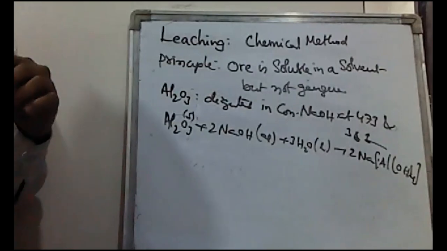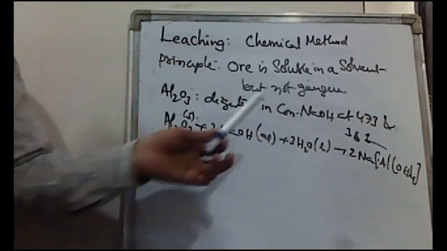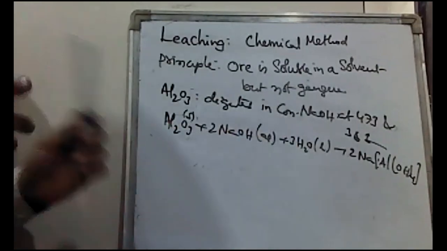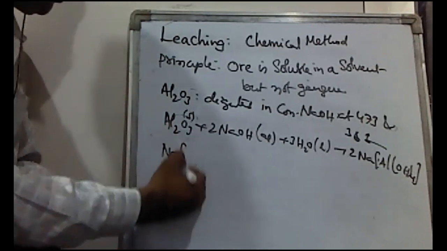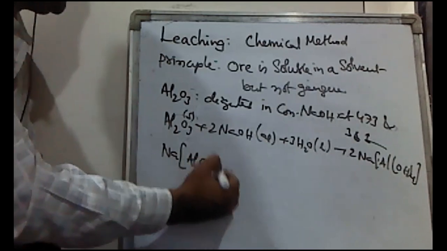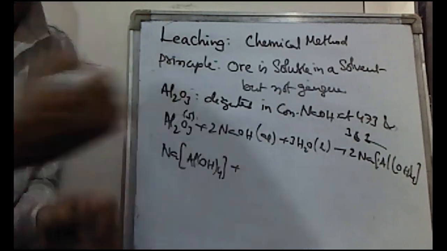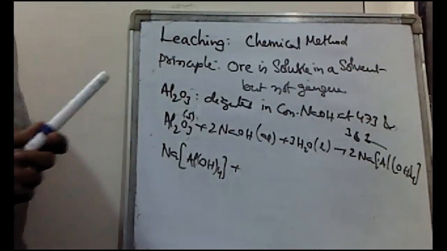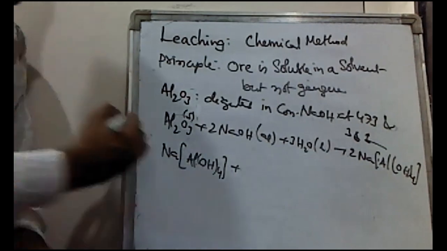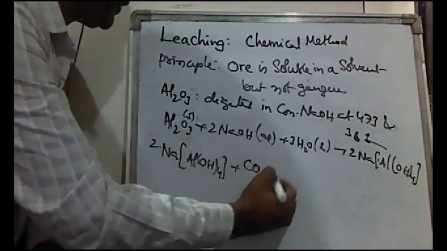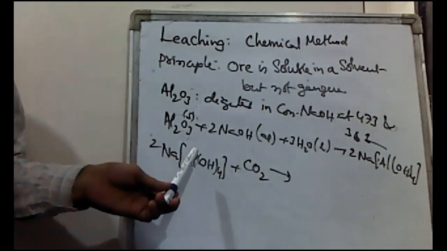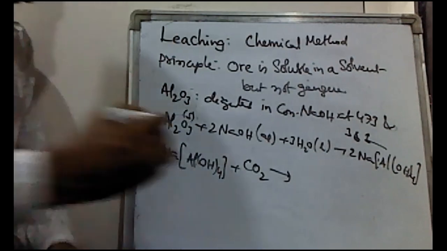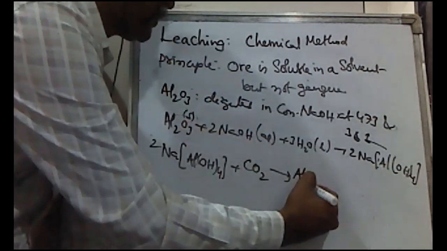It is soluble in NaOH. It is soluble in water or NaOH. Sodium aluminate. Here, this sodium aluminate is alkaline in nature, and when it is neutralized with carbon dioxide gas, this alumina is precipitated as